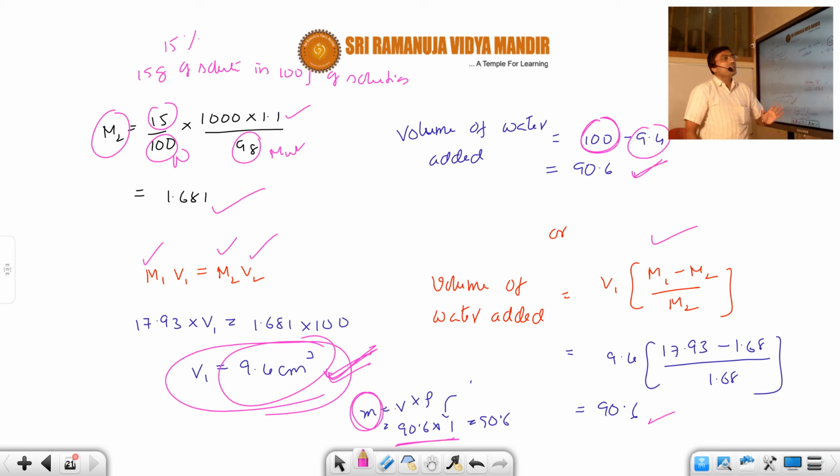So today's class you have understood how to mix acids or bases to get the resultant normality, and when the volume is unknown, how to find it out. When your concentrated mixture is diluted, how to find it, and when you add some water, what is the amount of water you added, you can find. These are some of the things in this area which you are expected to know, and to exploit by solving more and more questions.